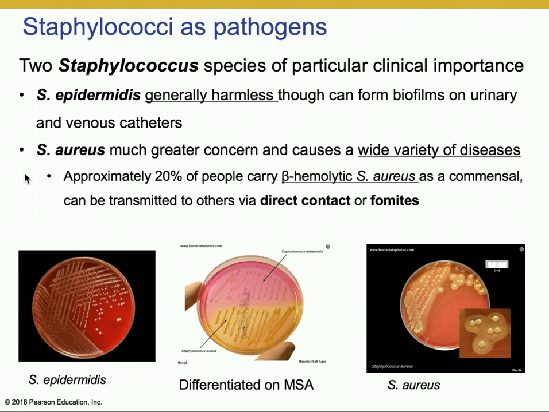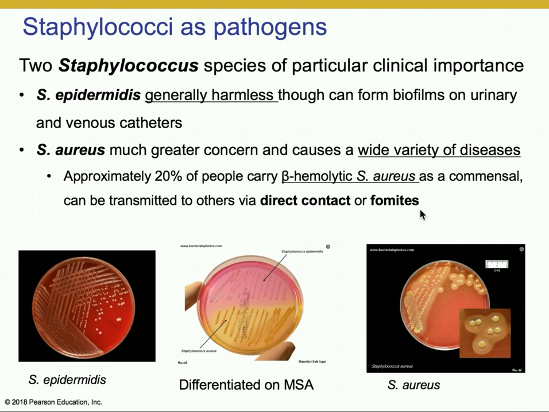But by far, Staph aureus is of much greater concern, both because of the variety and severity of the diseases that it causes. Now, it's not a significant or even universal member of the normal flora, although about 20% of people do carry pathogenic staph as a commensal. This is not surprisingly a concern because it can be transmitted to others, including in a patient setting by direct contact or fomites. Fomites, as you recall, are inanimate objects that one handles and then somebody else picks up and acquires the